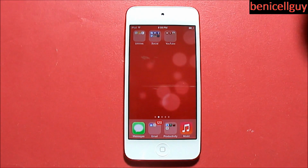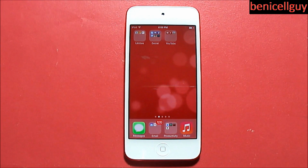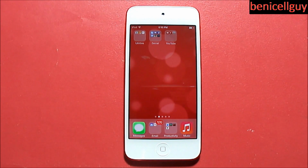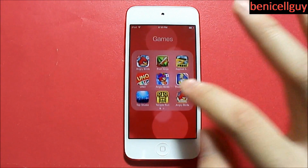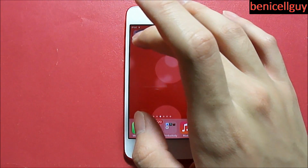So, folders was integrated into iOS in iOS 4, and you only had a limit of, I believe, 12 apps in there. I'm not 100% sure on that. I think that is for 3.5-inch devices, and I believe with the 4-inch devices, in this case the iPod and the iPhone 5, you were able to have 16 apps in one folder, because I remember it added an extra row. But here's my games folder, and as you can see, it used to be all full, and now you got spots for one more, so I'm not sure if...